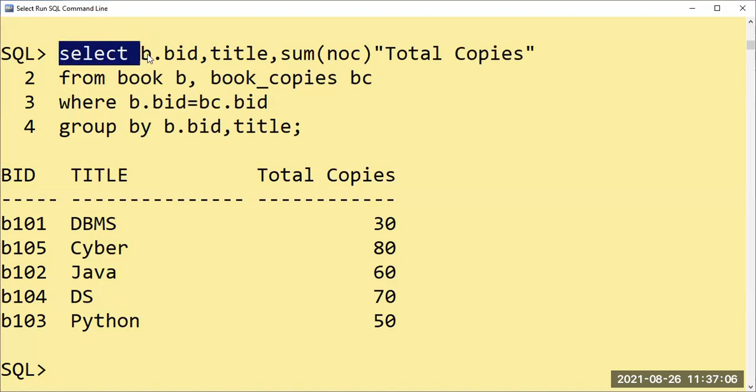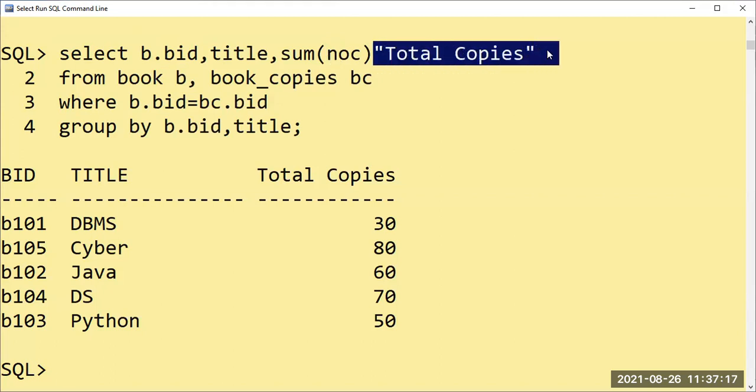We'll resume back. So select B.BID from the book table and the title from the book table, and the aggregate function we are using is sum to get the total number of copies. After that, for total copies, we are using an alias. If I don't use the alias, it will say some NOC by default. But who is going to understand that?